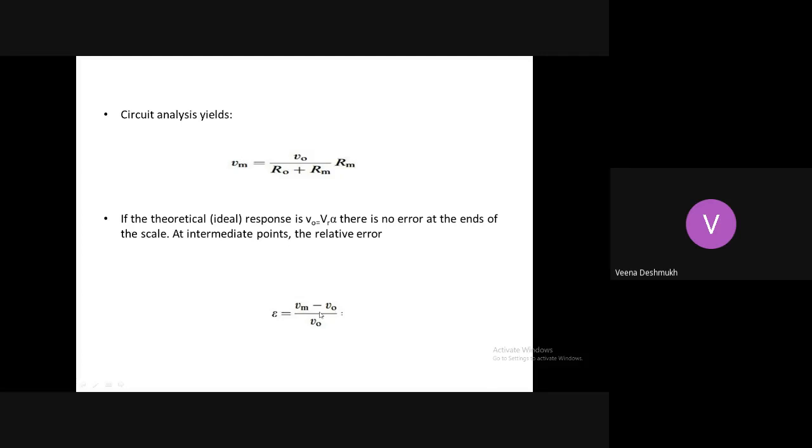Whenever the resistor parallel combinations are there, usually this will be negative because the measured value will be across the parallel combination. So it is going to give us the lesser value because the parallel combination of two resistors gives you the lesser value compared to the single value. So naturally the drop across that will be less than the actual.